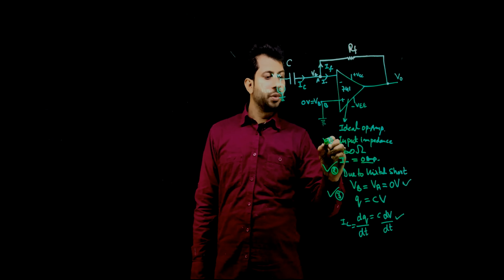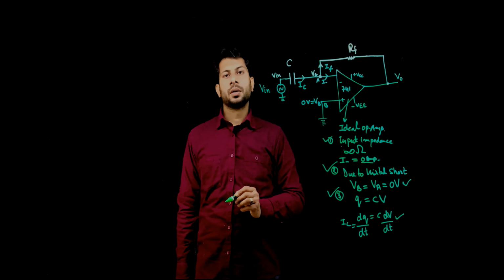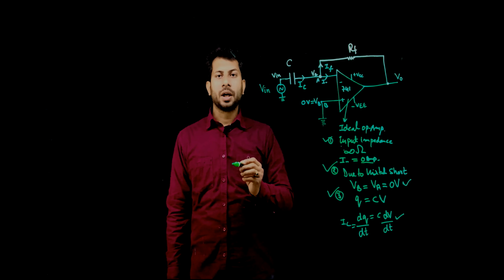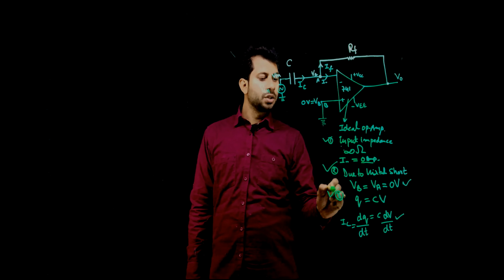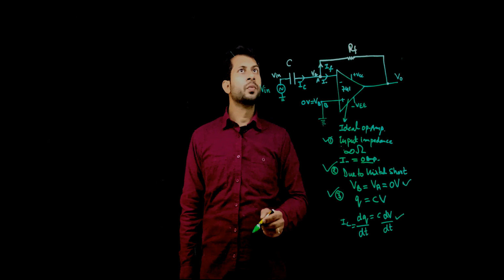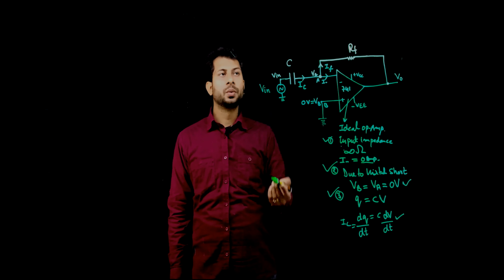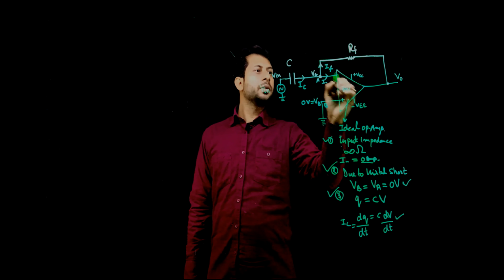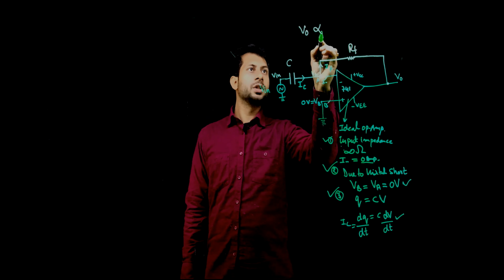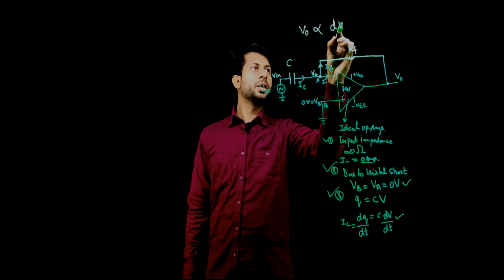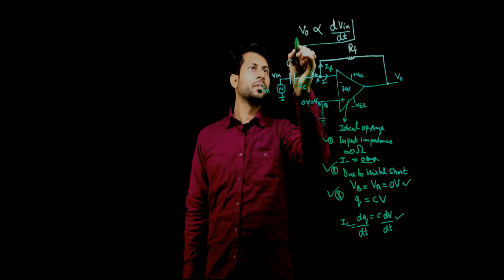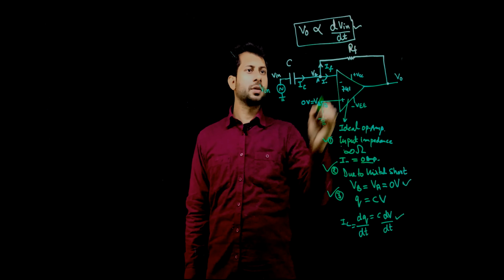And in the previous lecture, where we were deriving the relationship of an integrator, we have assumed these three conditions which are valid for differentiator also. And what does a differentiator do? This circuit will give you the output which is proportional to the differentiation of the input voltage. We have to prove this.